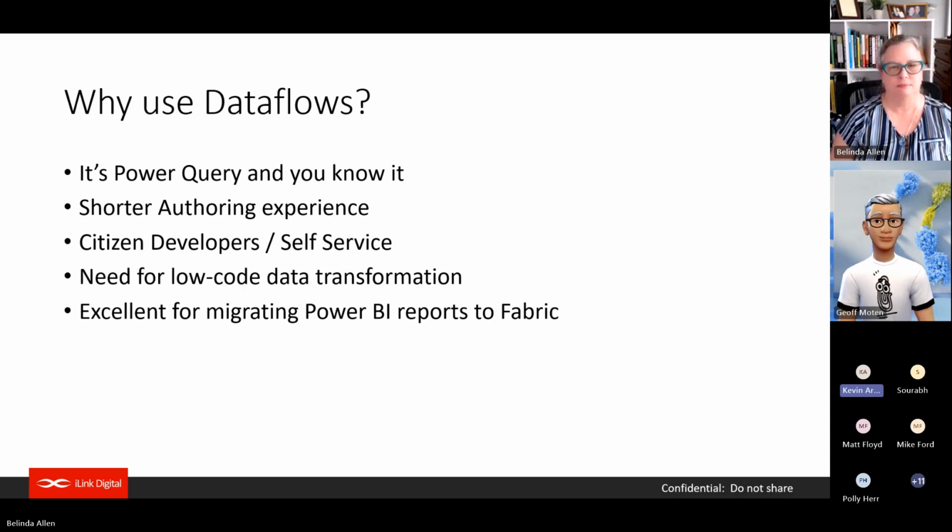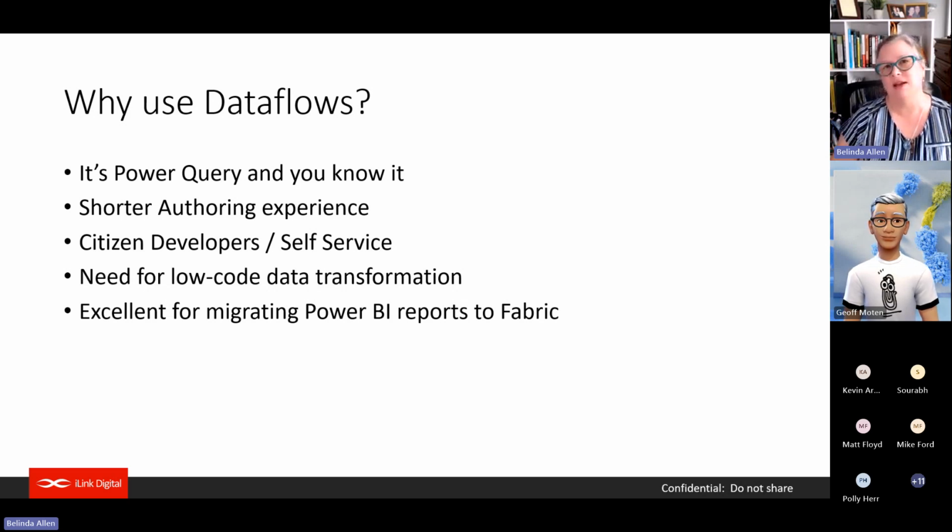So it's an excellent way to migrate from traditional Power BI, as I'm making air quotes off camera, to Fabric. So that's very good, exactly the point. Because it gives you a temporary holding spot until you figure out what's the best way to deal with the data. It might just be to keep it in data flows, but it might be to do a copy and then deal with some things.